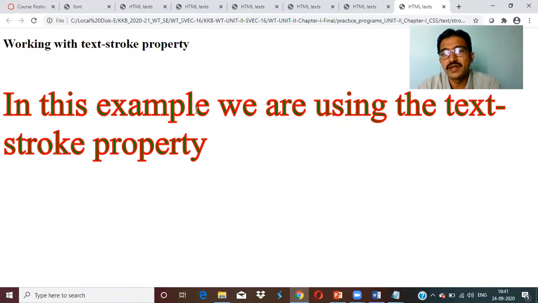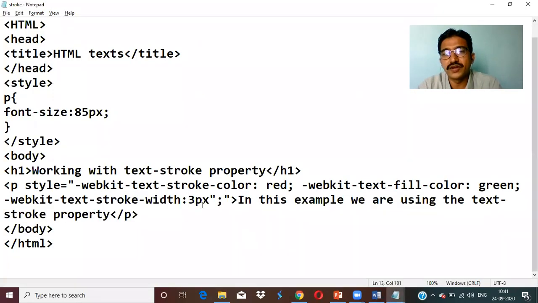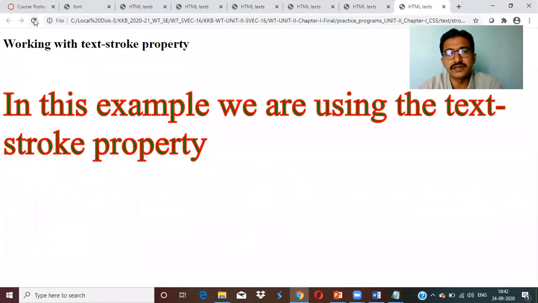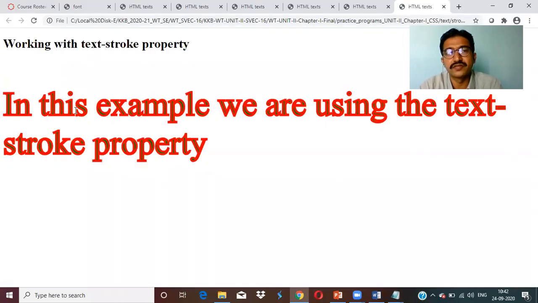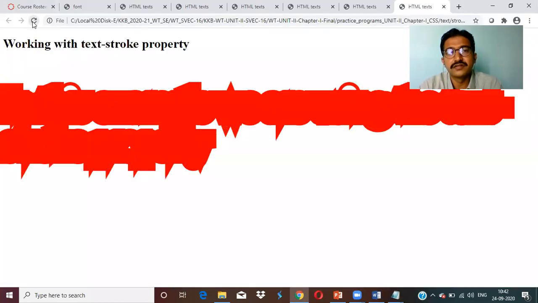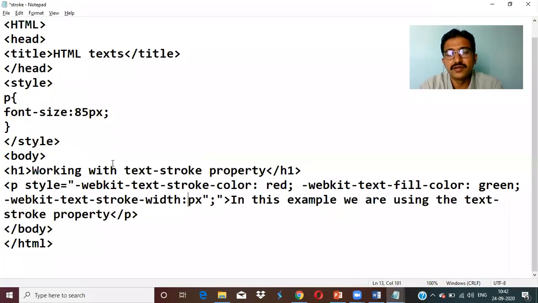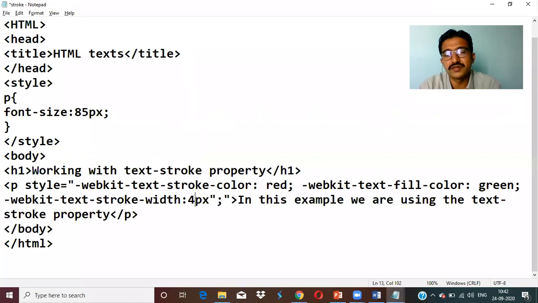Outside it is red. If you want to increase the width, like 5 pixels, see how 5 pixels looks. The width is a little bit of boldness. So if you want 50, it's too much. See, it looks like 50 is not required. Only 4 is enough, okay.